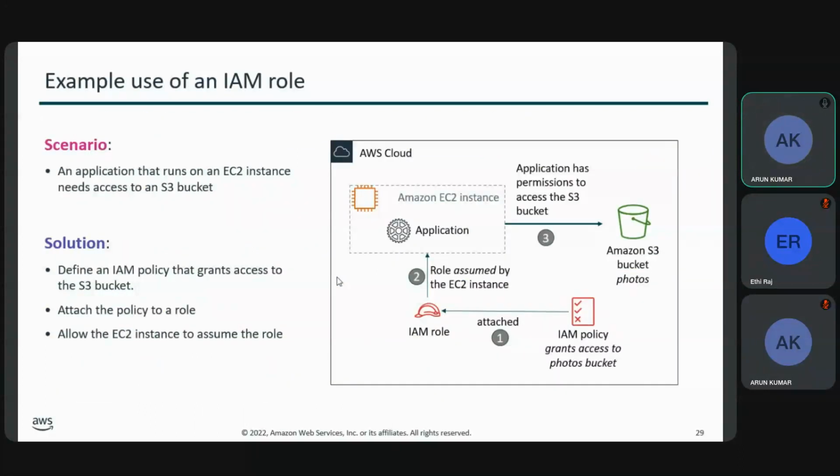So now I'm telling one scenario here where an application is running in a